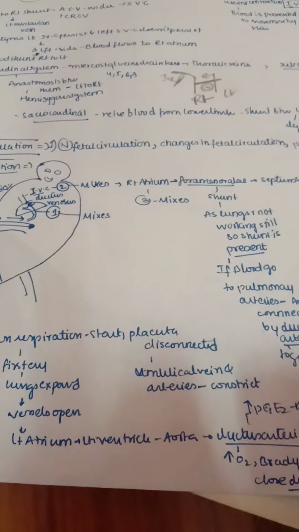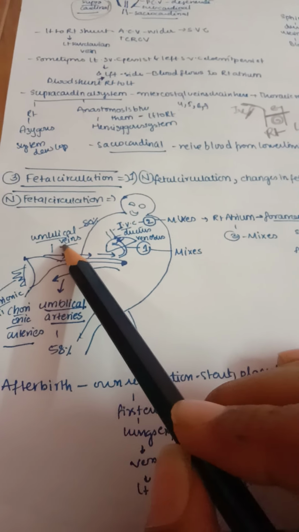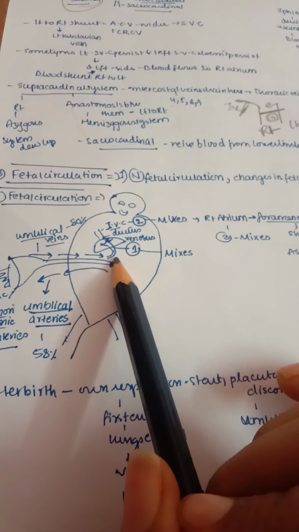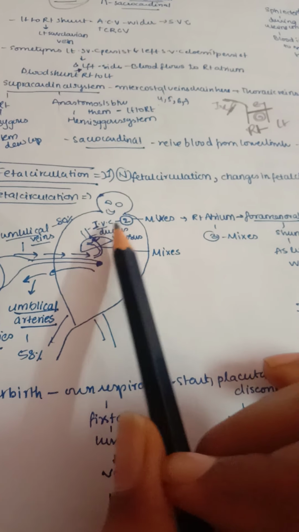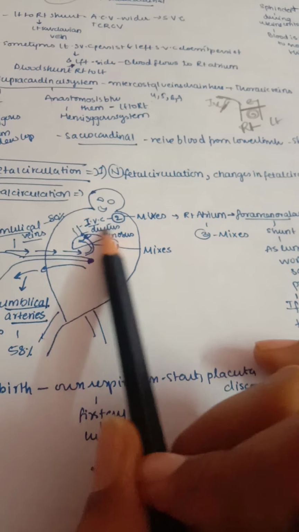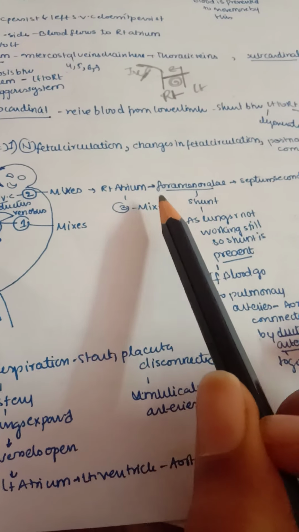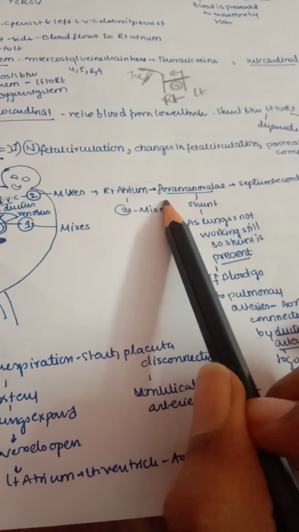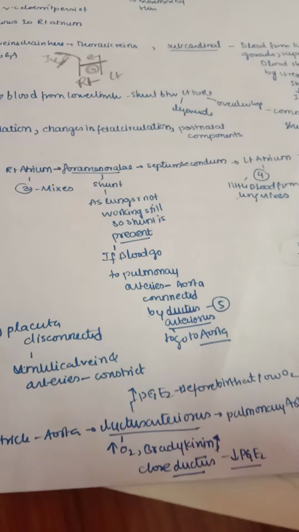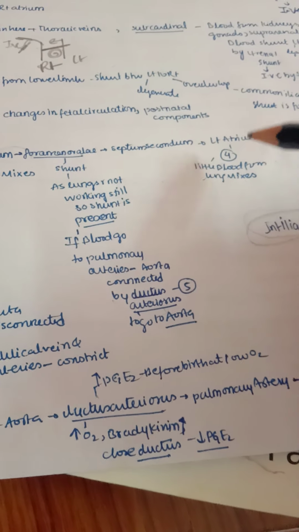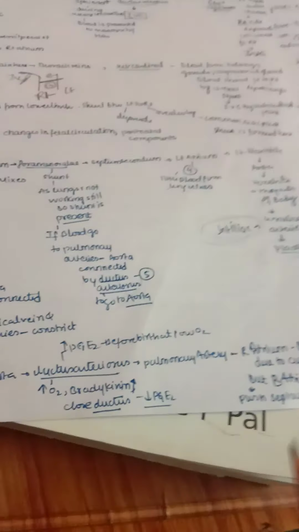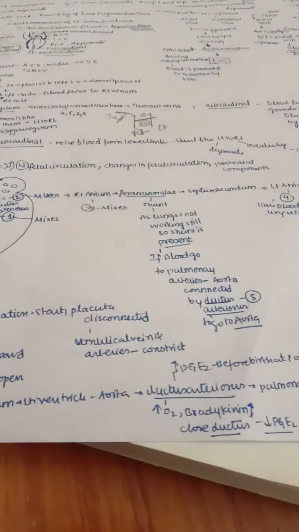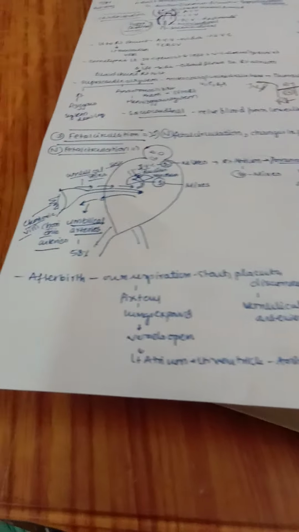So now let us see where the blood is getting mixed. Actually this is venous blood, meaning here it's oxygenated, but deoxygenated blood may also mix here in the lungs, and second time it may mix in the inferior vena cava because it is having mainly deoxygenated blood, and third time it mixes at the right atrium because even this is having deoxygenated blood, and fourth time at the left atrium, and fifth time at the ductus arteriosus. So there are 5 chances of the blood mixing with the deoxygenated one.